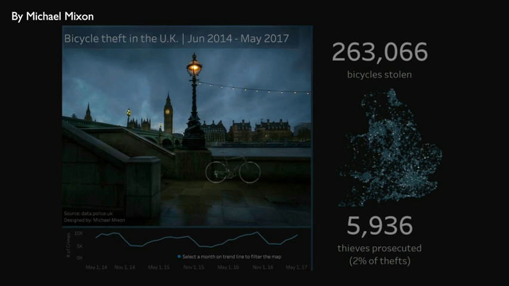But notice he decided to include this dark image of a bicycle all by itself, right there in the city of London. It's kind of at nighttime, it's cloudy. It creates a mood, right? It creates almost like a haunting feel about a sort of upsetting and insidious topic, right? And so, there's some design here. There's some thought given to how he can show the color palette that's very dark blue and black and gray, and the layout. And the photograph is very central to that piece. It's right there in the middle in the top left.